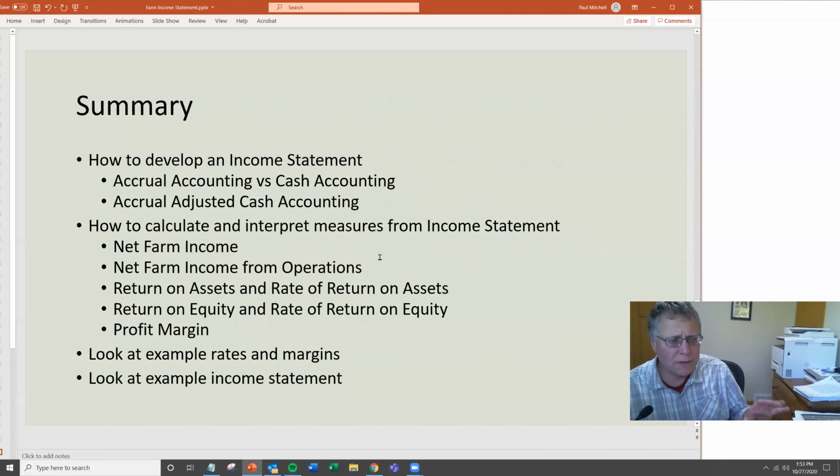So we've gone through all this stuff: how to develop an income statement, accrual accounting versus cash accounting, accrual adjusted cash accounting, how to calculate net farm income from operation, these rates of return on assets and equity, and the profit margin. We've looked at those, and now I want to look at example rates and